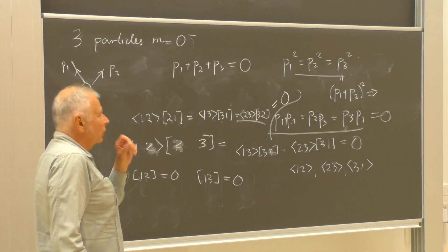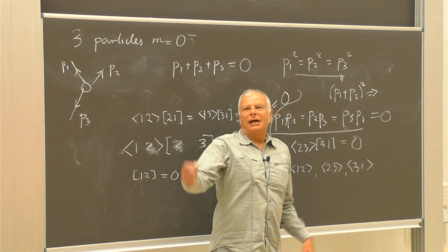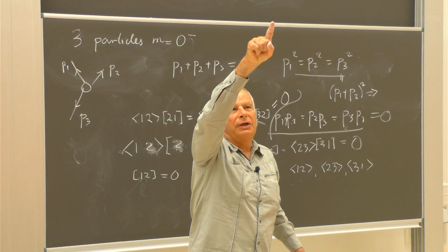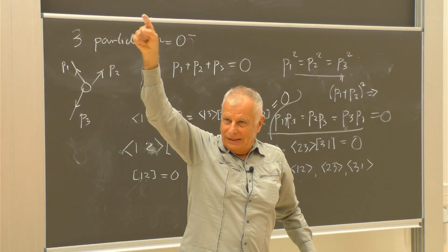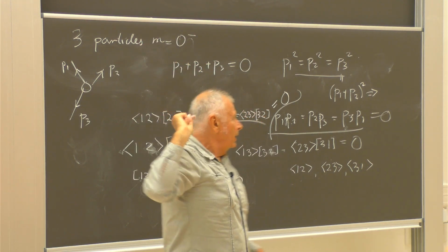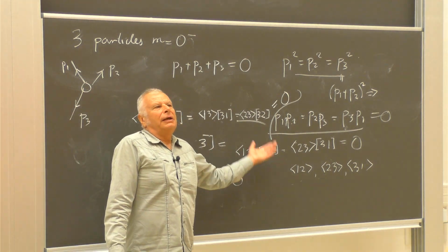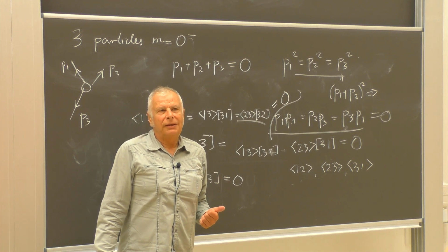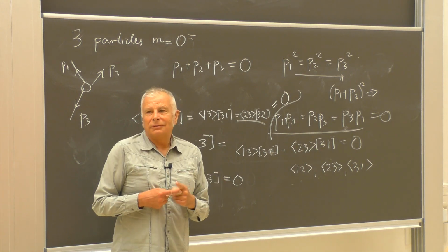This solution is called the holomorphic solution. I'm left only with the angle brackets. It's called the holomorphic solution because you remember these momentum spinors were parameterized by z, not by z star. Now, I can do another thing, of course. I can construct similarly the anti-holomorphic solution. And then I leave it as an exercise to show that there's no mixed solution,